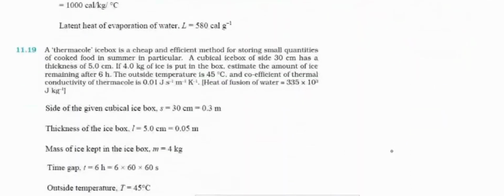Then next question 90. A thermocol ice box is a cheap and efficient method for storing small quantities of food, in summer in particular. A cubical ice box of size 30 cm has a thickness of 5 cm. If 4 kg of ice is put in the box, estimate the amount of ice remaining after 6 hours. The outside temperature is 45 degrees Celsius and the coefficient of thermal conductivity of the thermocol is 0.01 joule per second per meter per Kelvin. The heat of fusion of water is also given. Okay, so here, what is the concept? We have the thermocol box, a closed thermocol